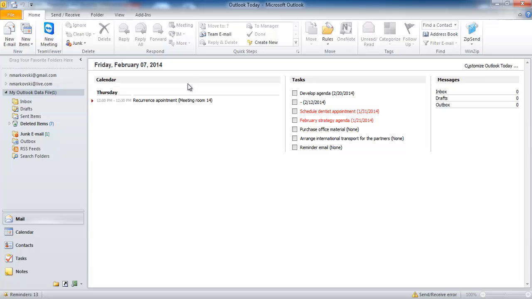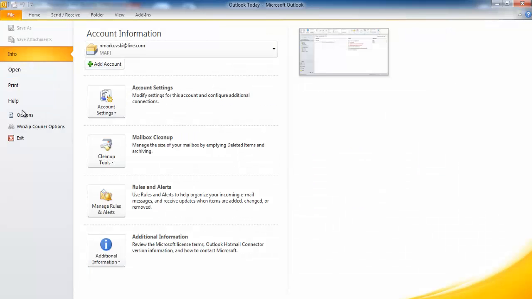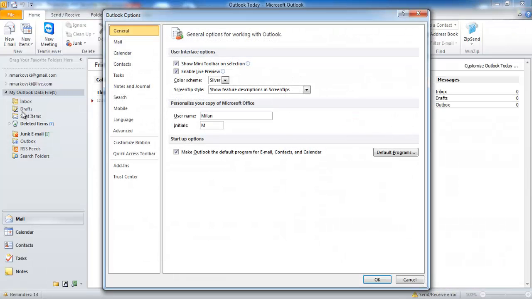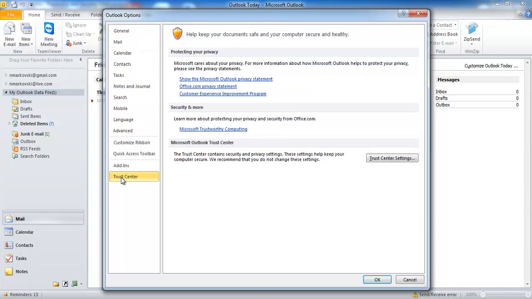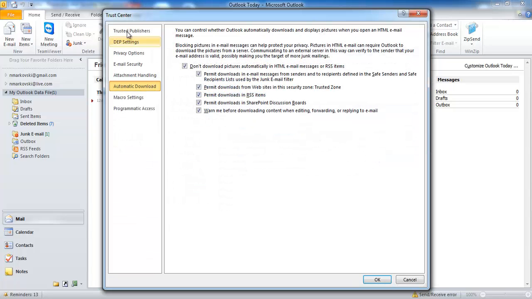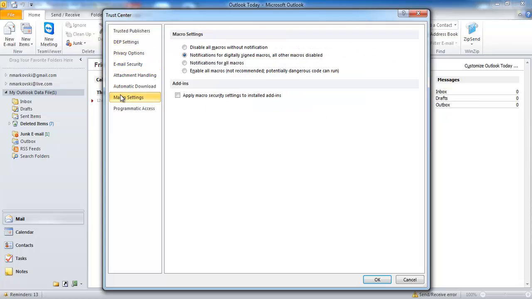Macro security applies to all Office programs, and it is set in the Trust Center. The Trust Center is an Office component, not specifically part of Outlook or any program. In Outlook, you access the Trust Center by clicking File, then clicking Options to open the Outlook Options dialog box. Then, in the list on the left, click Trust Center. Finally, click the Trust Center Settings button, and click Macro Settings in the list at the left to display the